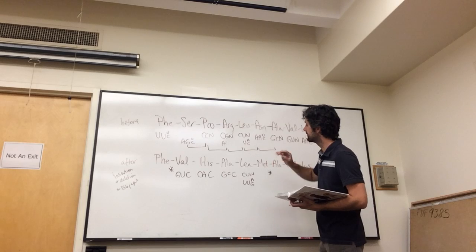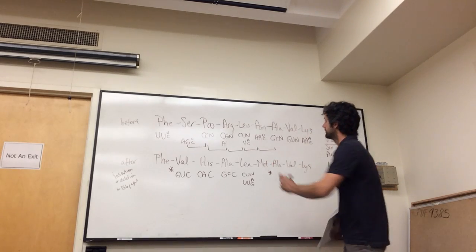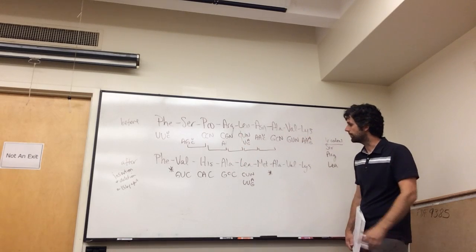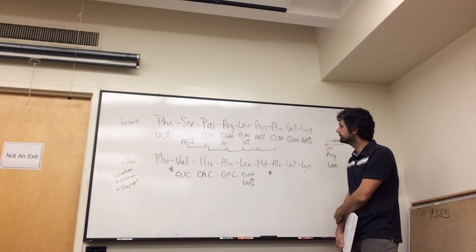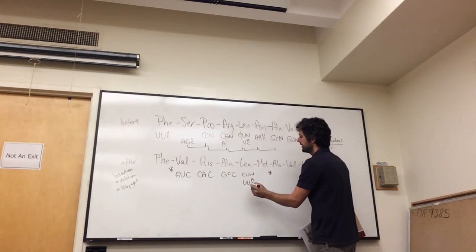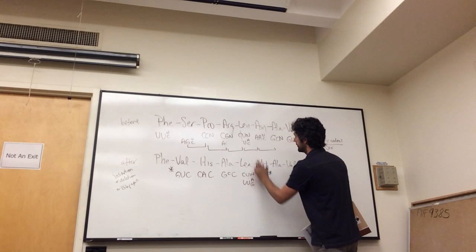So for alanine, you did GNC or GCC. That's right. So for leucine underneath, wouldn't that be UNA? That's right. We're going to be going to that. So we're going to go with